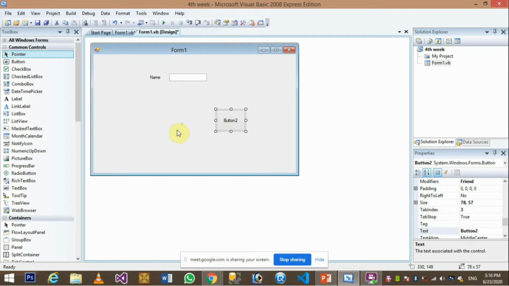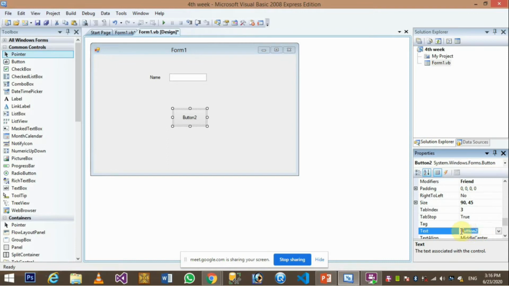What we are doing right now is, okay. Now, so button is there. The text of the button should be, I'm writing show.